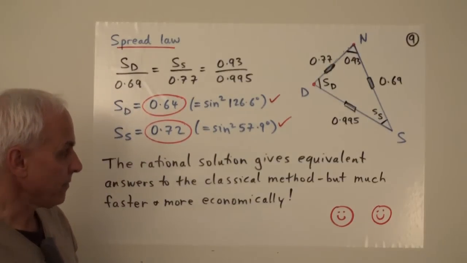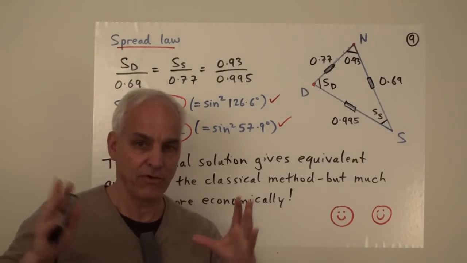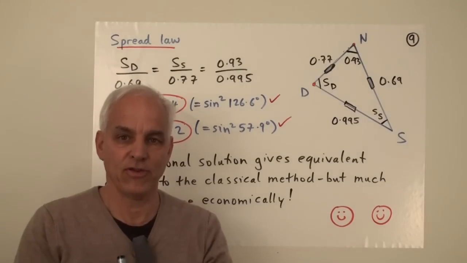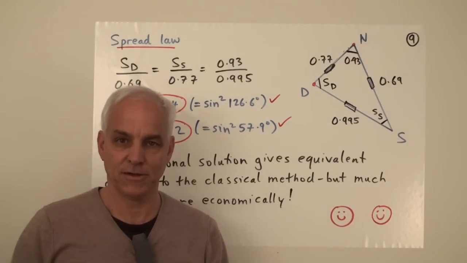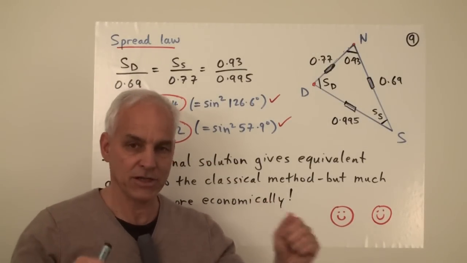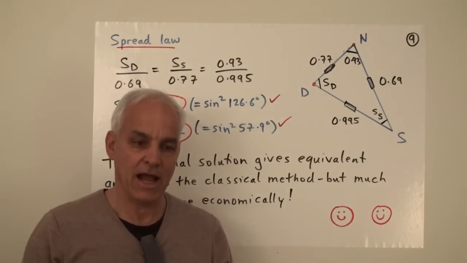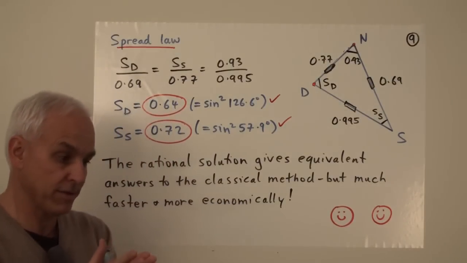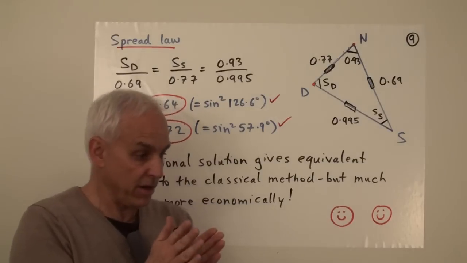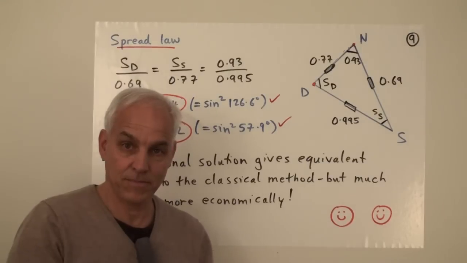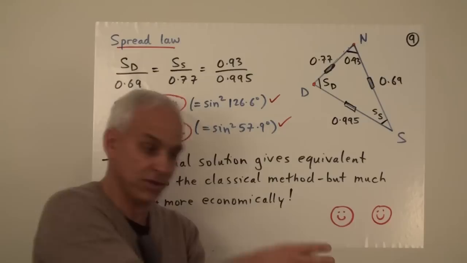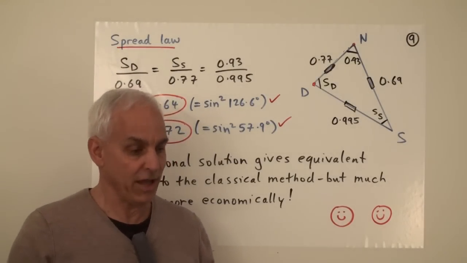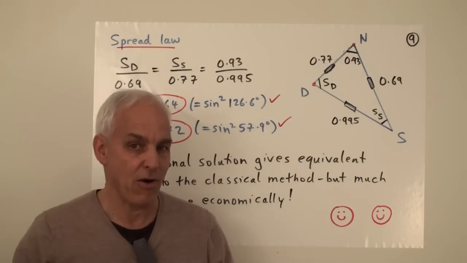So it's a great exercise now, because we've covered quite a lot of material here, to really work this out by having a look at some examples yourself. Take 2 of your favorite cities on planet Earth. Look up their latitudes and longitudes and sit down and say, I'm going to figure out how far these things are away from each other and what angle or what spread a pilot needs to orient himself so that they can get from A to B. And you can follow the argument. You can try it with the classical method, and you can try it with the rational method. In fact, it's really good if you try both. You will get a very solid appreciation for the power of thinking rationally.